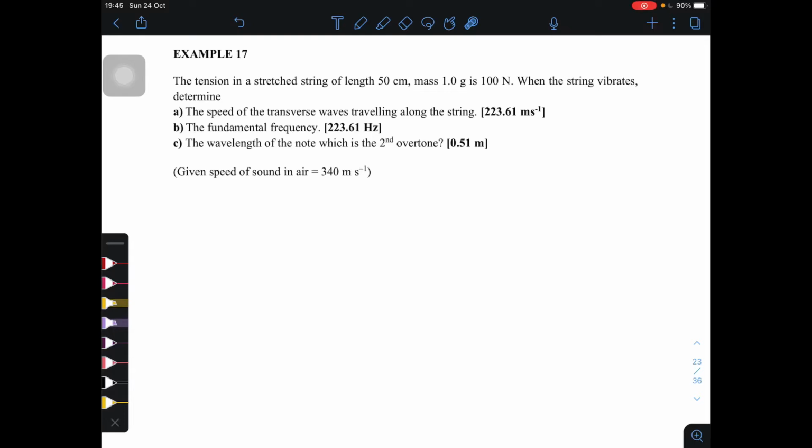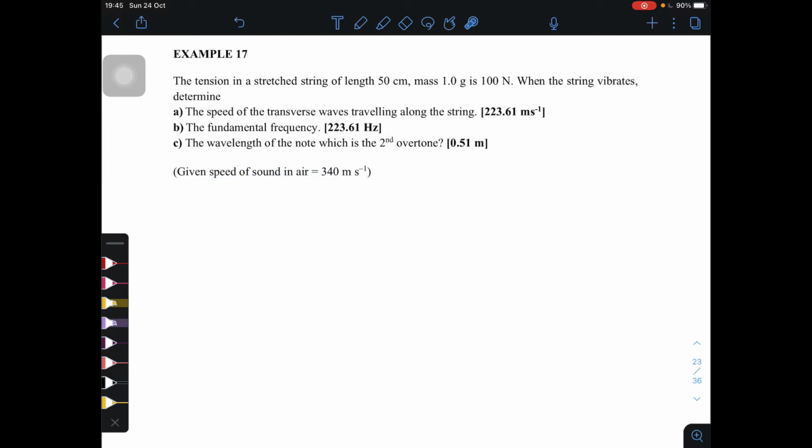Let's look at example 17. The tension in a stretched string of length 50 cm, mass 1 gram, is 100 Newton. When the string vibrates, determine the speed of the transverse waves traveling along the string, the fundamental frequency, the wavelength of the note, which is the second overtone, given that the speed of the sound in air is 350 meter